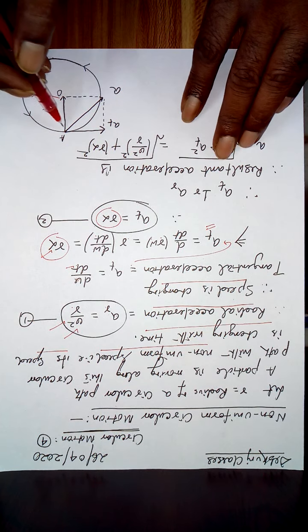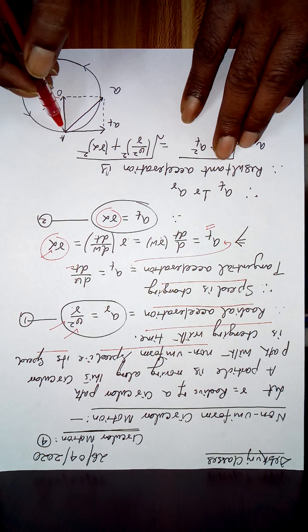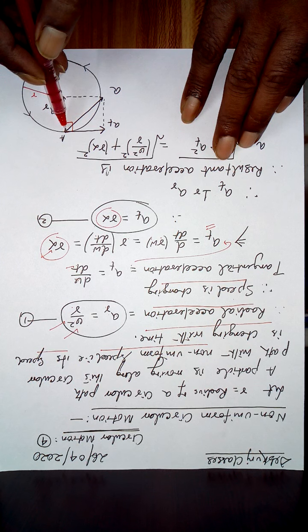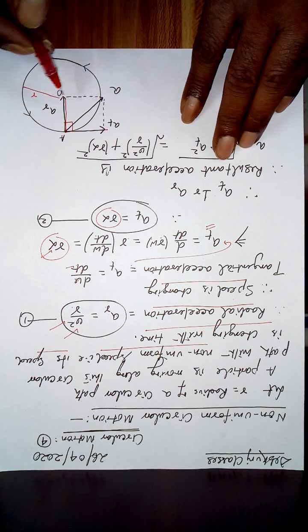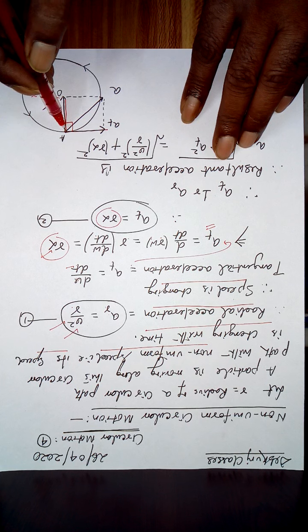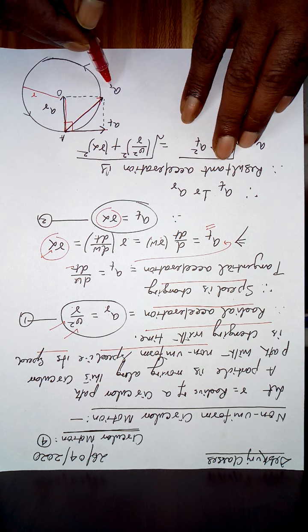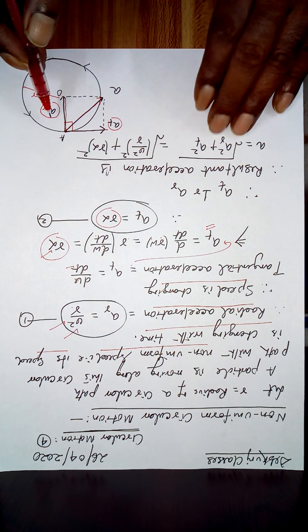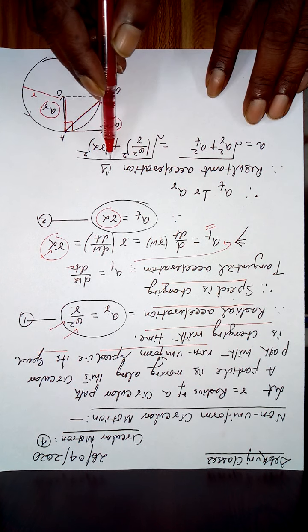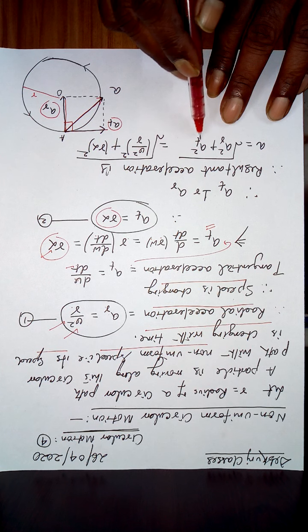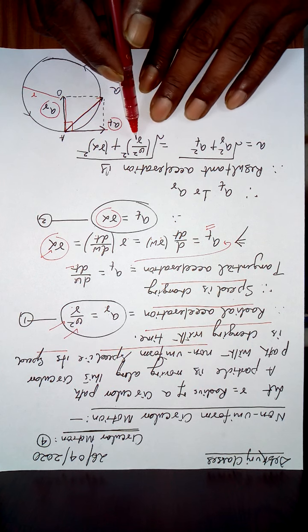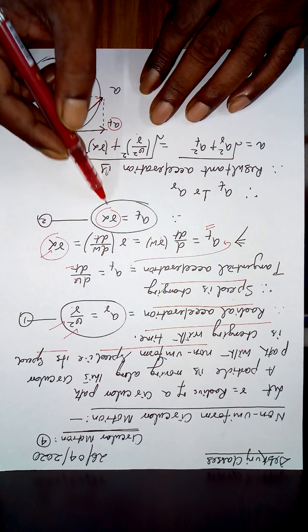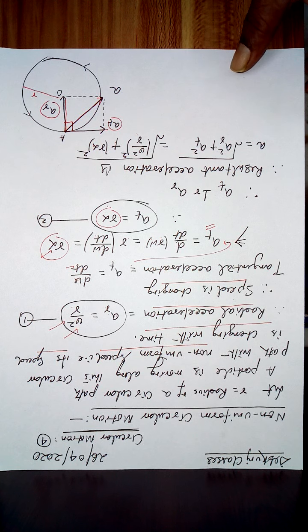Now look, to this side is your radial acceleration, the tangential acceleration is to this side, so the angle between them is 90. So the resultant of this vector and this vector, according to parallelogram law, will be to this side. So this a will be the square of this plus the square of this, and the square root of that. Therefore the resultant acceleration is a equals the square root of a_r square plus a_t square.